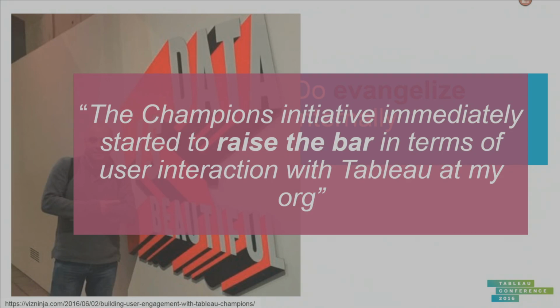We have the Zen Master program, we have the Tableau ambassadors, and we have a huge and thriving Tableau community. How can I bring all of this public learning into my own company? So he created something called the Tableau Champions program. And what he does is he basically creates mini internal UBS Tableau Zen Masters and internal Makeover Mondays. And he gets a huge chunk of the analysts and the data users at UBS involved.